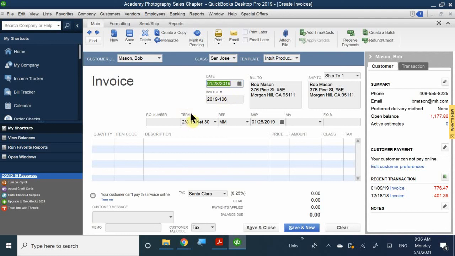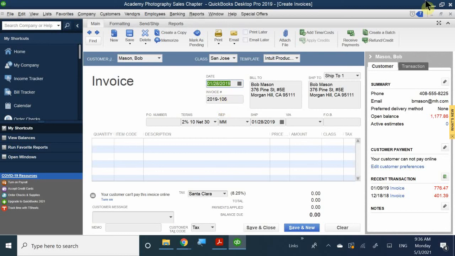I've already initiated that my invoices are going to start with 2019-101. So in this sample file, they've already created about 5 invoices. So this is invoice number 106. It's the 6th invoice of 2019. So now that I have this, once again, yes, I just want to make sure that this verifies in the book as well